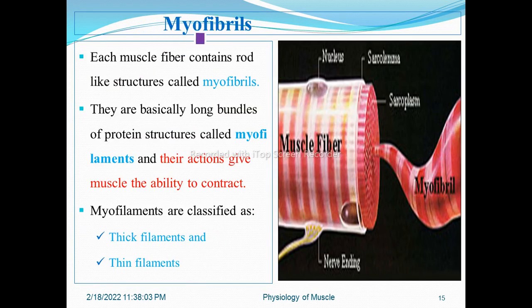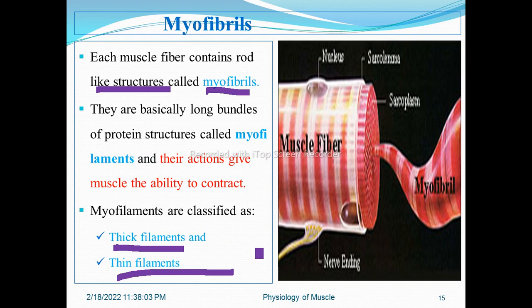Myofibril. Each muscle fiber contains rod-like structures called myofibrils. This is the muscle fiber, and this one is a myofibril. They are basically long bundles of protein structures called myofilaments. Their actions give muscle the ability to contract. Myofilaments are classified into thick filament and thin filament. So, having this concept,